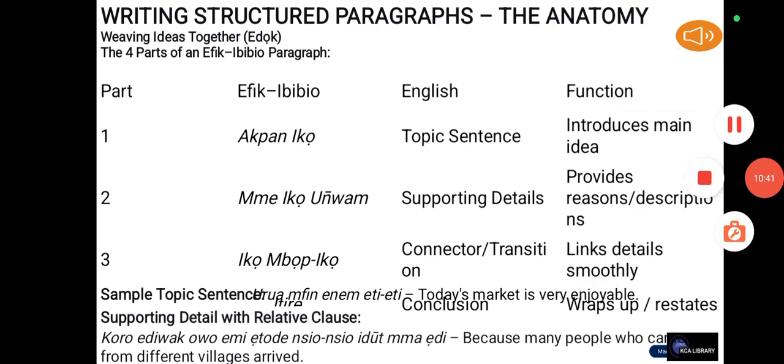Writing structured paragraphs. Applying your toolkit. The three-part paragraph structure. Connect ideas with causal/contrastive/sequential connectors. Use relative clauses for detail. Example prompt, a brief account of my journey to school. This section puts every tool together.